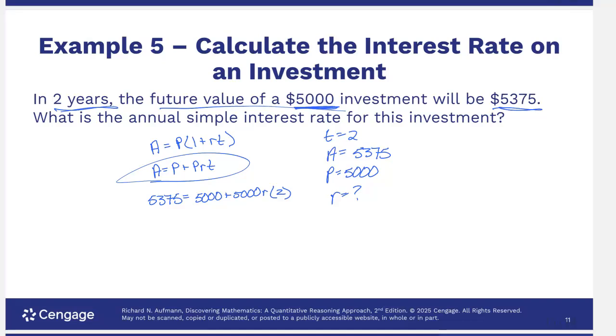Now we're going to simplify some things. So I've got 5375 is equal to 5,000 plus 2 times 5,000, which is 10,000, times R. So to solve this, I'm going to subtract 5,000 from both sides. So this is going to be 375 equals 10,000 times R. And then we're going to do the opposite. The opposite of multiplying is dividing. So if I divide by 10,000,